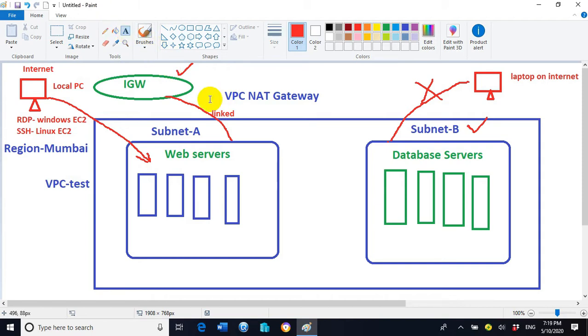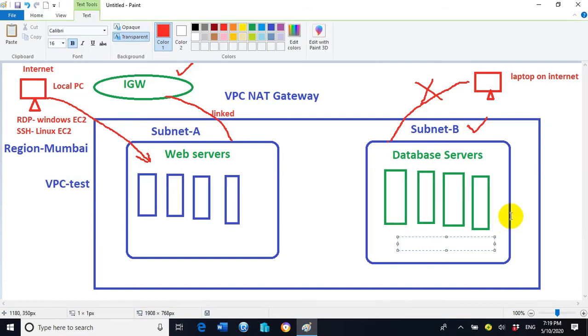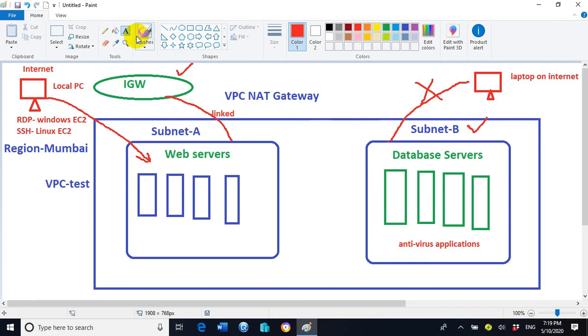Because sometimes we need to update the patches of applications, like antivirus applications or other applications. Let's say we have installed antivirus applications inside all the database servers. So these antivirus applications or programs must be updated with the latest patches.